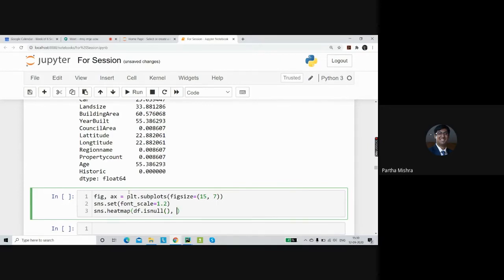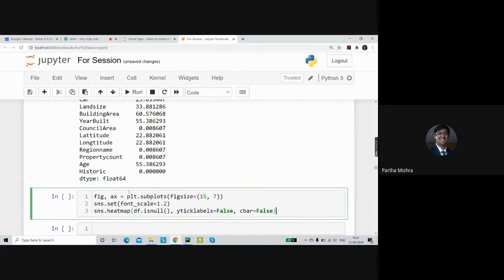And here we mention that we don't need the tick labels for the y-axis, so yticklabels is set to false. And we have something called the color bar, which comes near the Seaborn map. Since we are only interested in the null value percentage as a graph, we can set cbar also to false.